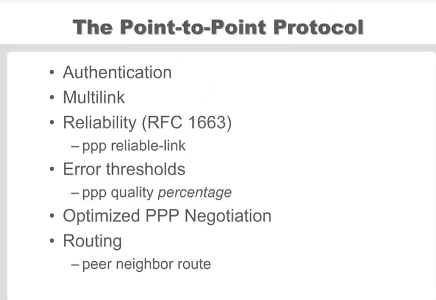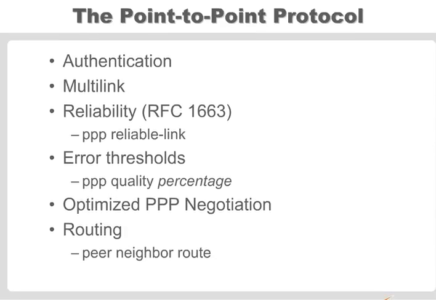So some of the features of PPP, some of the different items you can configure: authentication, being able to configure credentials for both sides, being able to authenticate the other side, one or two-way challenge and response; multilink, being able to group multiple interfaces together into a single logical link and being able to interleave items there; reliability, using the ability to number the frames and being able to verify information made it through safely to the other